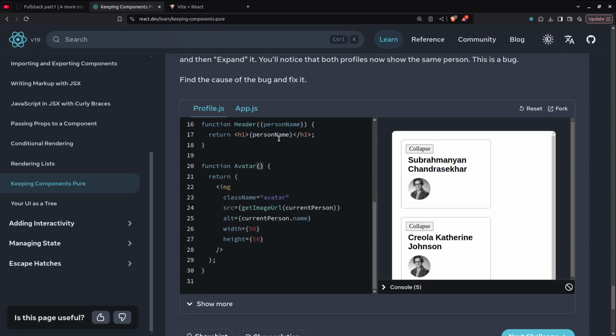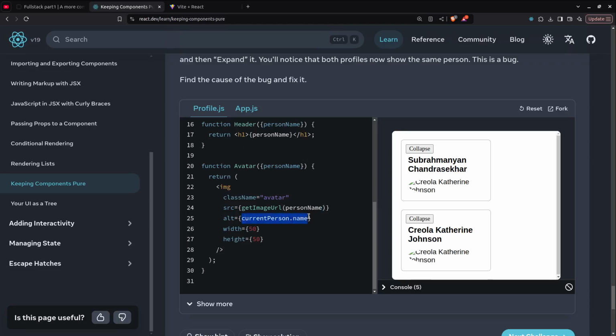I mean just copy this and paste it right here. I'll copy this, paste this, and alt doesn't matter, but let's say